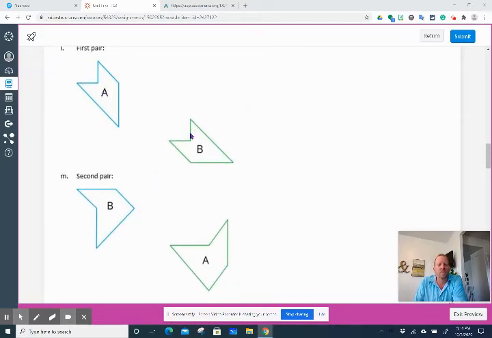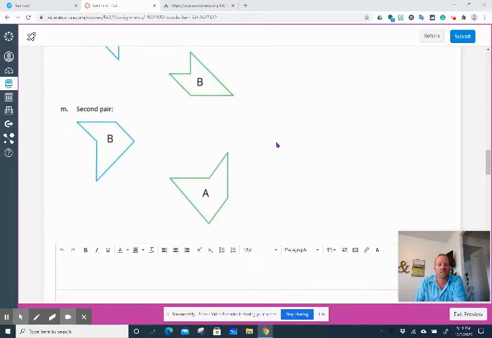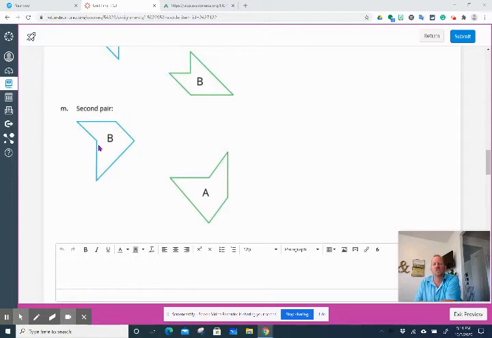However, if you use patty paper and put it on top of the other one, you would actually see they're not congruent. So the second pair, this is kind of like that other one up the top where I've got a point here and a point here. Well, that means I already know this is the one that I need. So for the second pair, I just have to describe what I'd have to do to put it on top of A. Well, with this angle pointing down and this angle pointing up, the first thing I'm going to have to do is